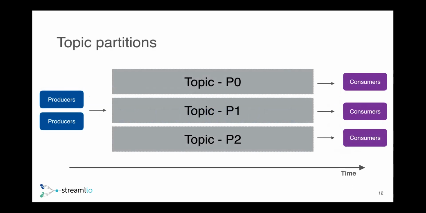And then lastly, there's the concept of topic partitions. You can have multiple partitions within a topic. Unlike other messaging systems, which we'll cover a little later, that use partitioning as their primary way to scale out their topics to overcome some of the limitations in their system, partitions here allow you to scale out the serving layer only within Pulsar. They're meant to scale out the number of topics, but underneath the covers they're implemented as individual topics and are just a logical construct as well, and you can have multiple producers and consumers on topic partitions. So if that's part of your traditional design, we also support topic partitions within Pulsar.